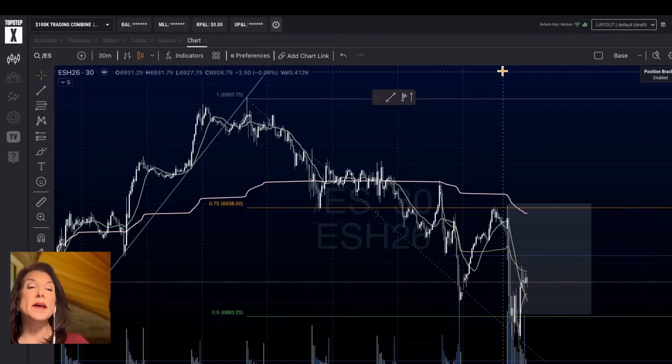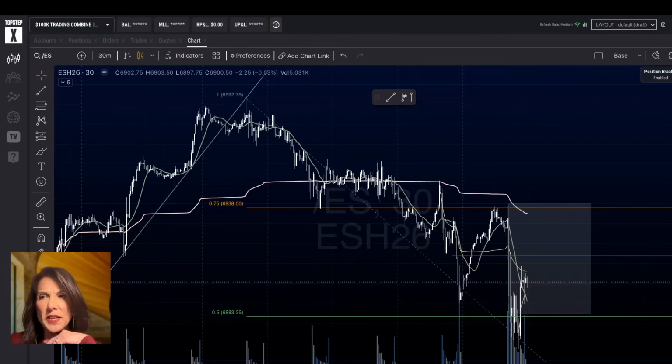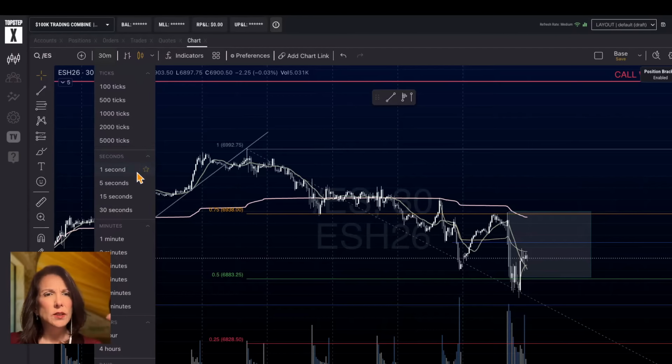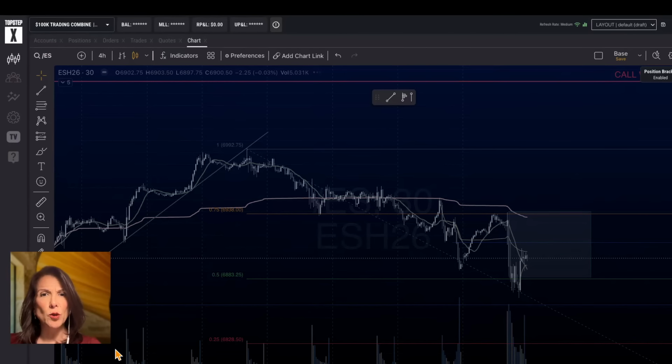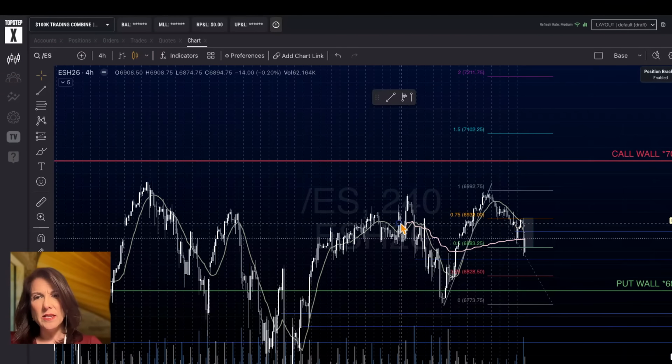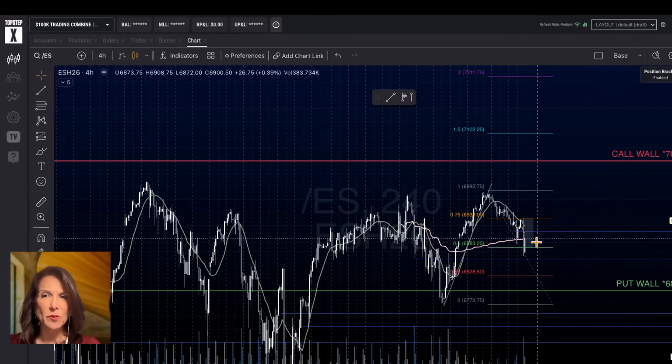Okay, let's go ahead and get started. Let's take a look at what we're looking at. Start with the ES. First off, the big picture event, what we might have happening from a 4 hour perspective. This is the Fed anchored VWAP, and so we are battling with it. We were battling with it at the close of the day. We've got a fair bit of congestion on the 1 hour chart that's pretty close,